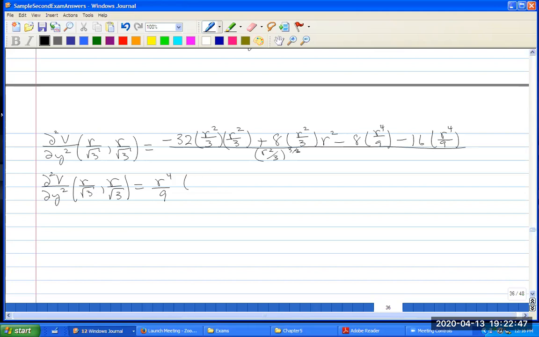What remains is negative 32 plus 24 minus 8 minus 16 over r squared to 3 halves is r cubed. Dividing by 3 to the 3 halves is multiplying by 3 to the 3 halves. And so cancel out 3 of these and 3 of these. And so I get